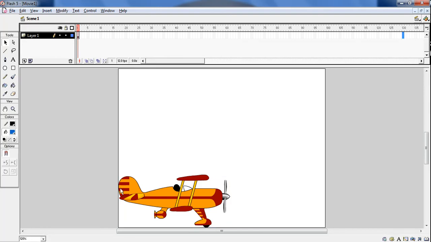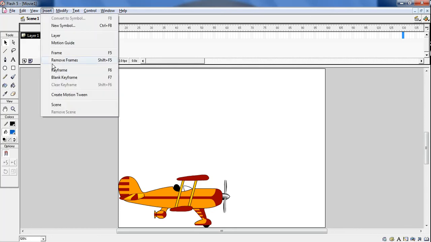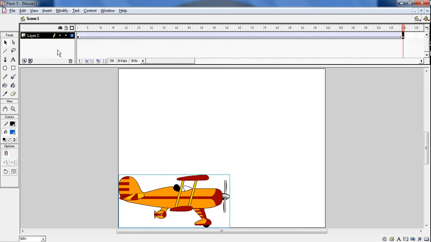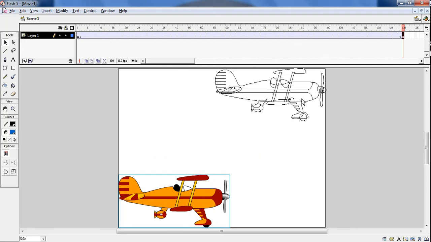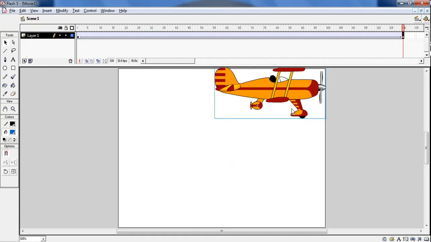Now after this, the next step is to go to the Insert menu and the Keyframe command. Why use a keyframe? Keyframe copies the object right from the first frame till the last frame. I require this plane to be on the stage from the first frame till the last frame, so I am selecting the Insert menu, Keyframe command. It gives me an arrow from the first frame till the last, 130th frame. My playhead is on the 130th frame. Now you move this plane towards the top right corner. Fine. Once this is ready, the motion effect is done.